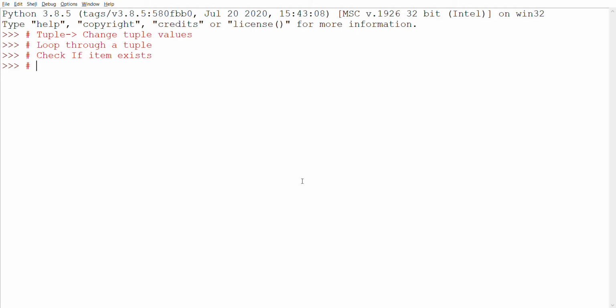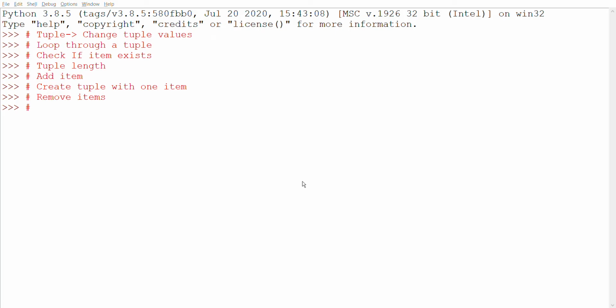After that, how to get the length of the tuple. After that, I will tell you how to add an item. Then create a tuple with one item. After that, remove an item.